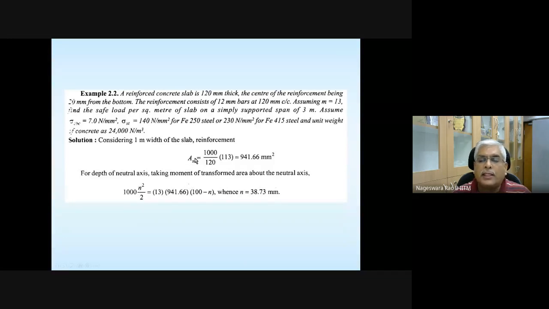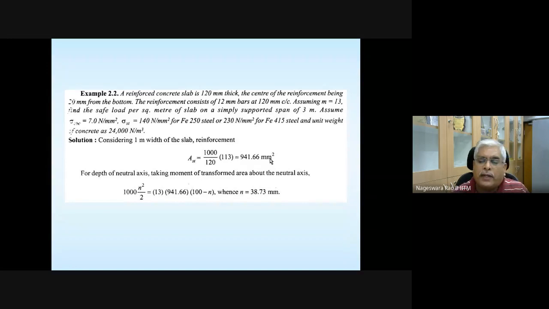So this is how you will be calculating, whatever equation is shown here. And in this problem, the 12 mm rebars are at 120 mm center to center. So I'm going to find out how many rebars are there in 1 meter width and multiply with the cross-sectional area. Then I'm going to get the total area of steel in 1 meter width. Please note that yesterday there was a question. This 1000 divided by 120 is coming out to be 8.33. What should be the number of bars I need to take?